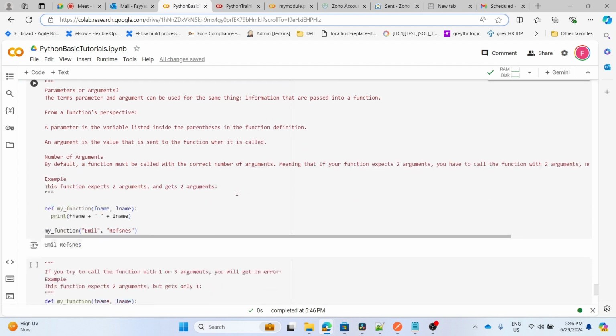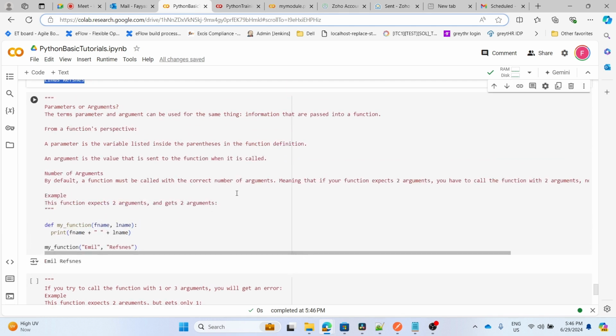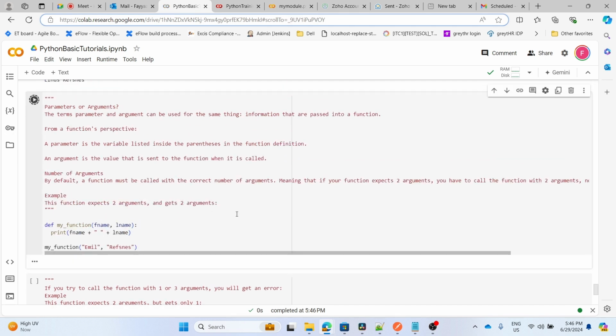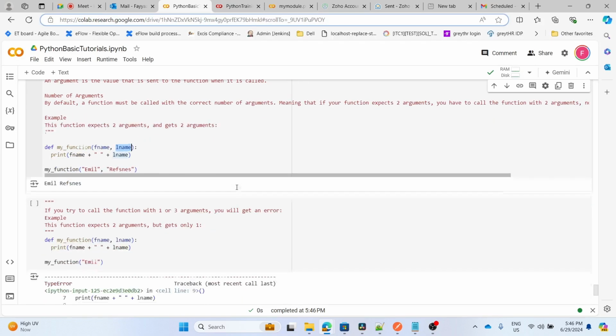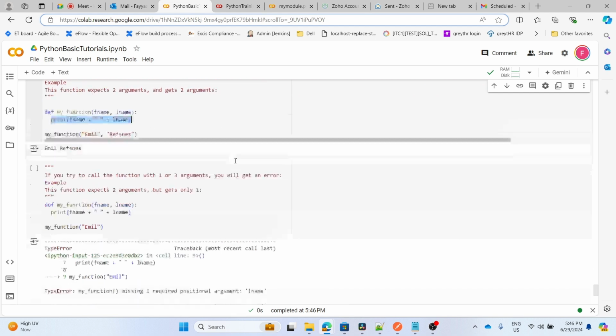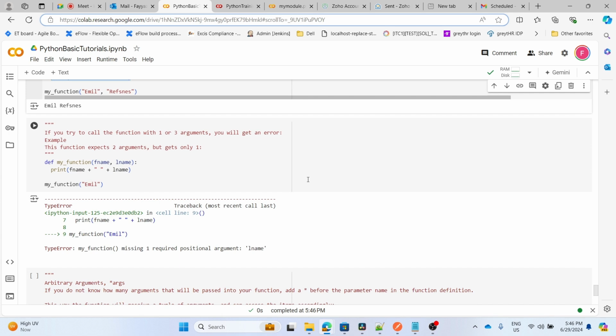Then we have parameters or arguments. If you want to pass any parameters to a function, here I have two parameters passed, and I want to print both parameters, and I have printed them like this. You can pass the parameter and use it inside your function like this. Okay. Then what we have,